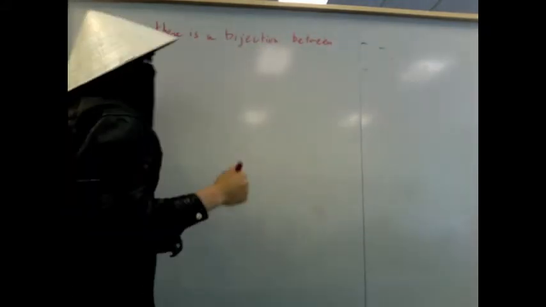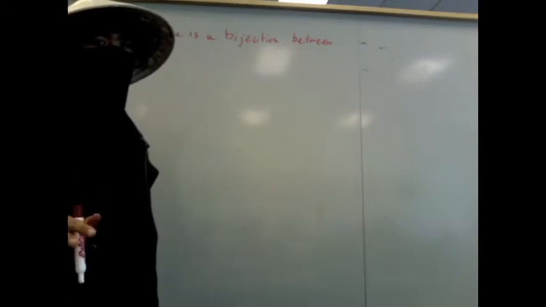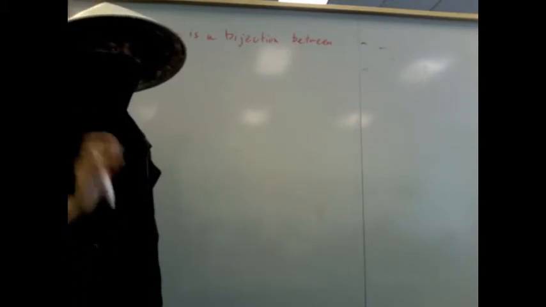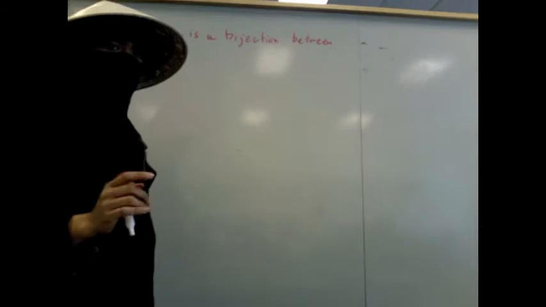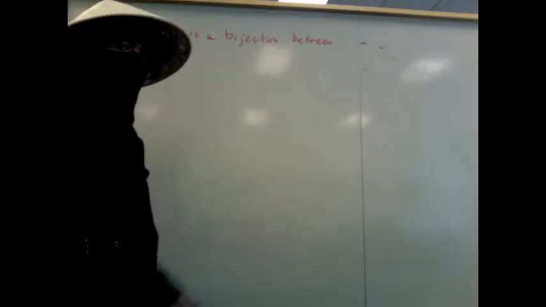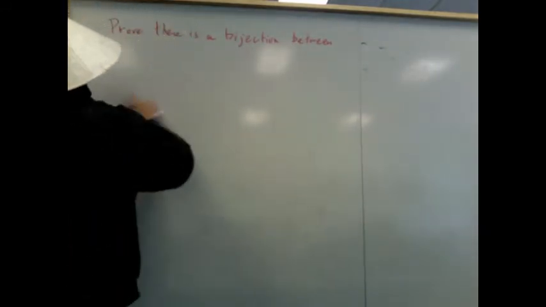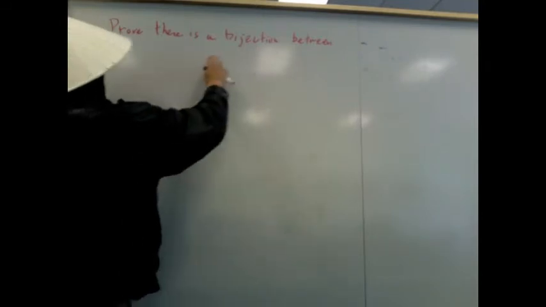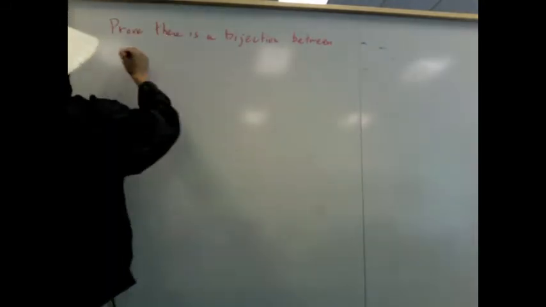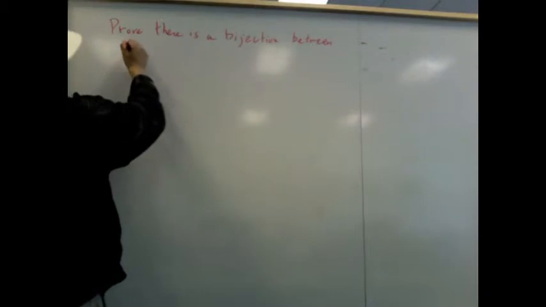By the way, you can read this on your own. I'll teach it probably another time. Very easy. If there's a bijection between two sets, then there's an inverse. There's a way to go back. I'll make it more formal when I run into it, even though that's an important property. If there's a bijection between